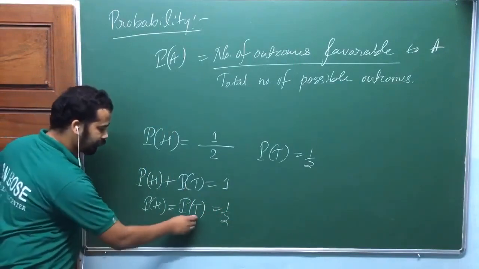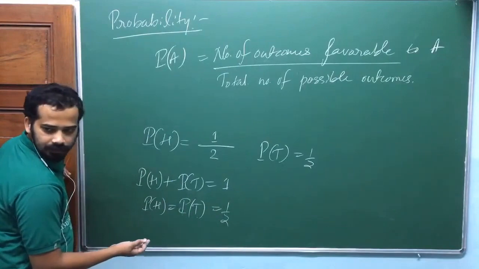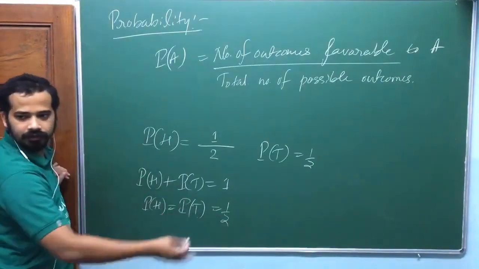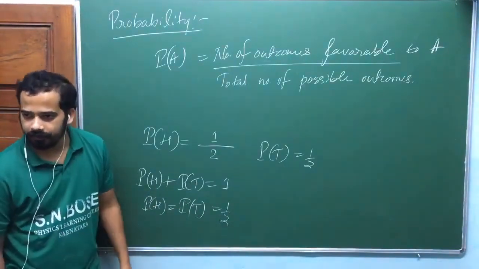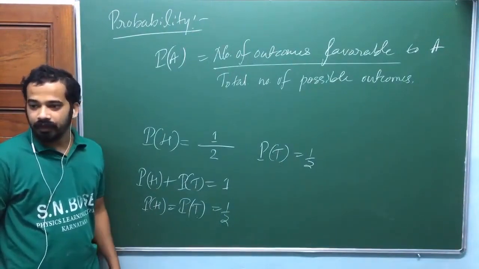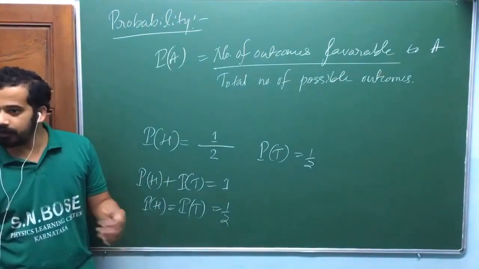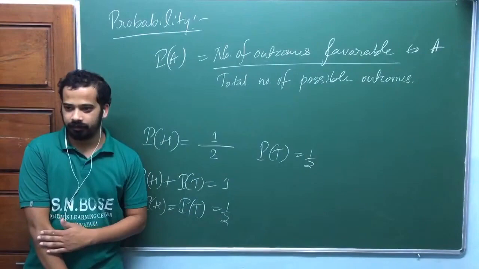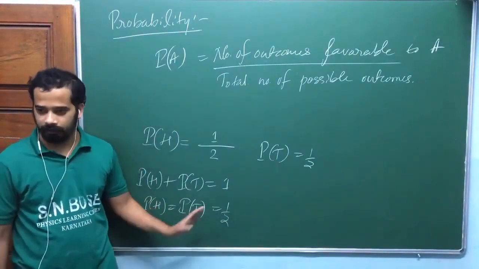This definition means they are equally probable. They have equal priority of occurrence. None of them are favored, either head or tail. This is in the natural experiment, not the experiment that I am designing. In the experiment that I am designing, I will make one of them favored over the other. In the ideal case, they will be equally favored, that is, none of them are favored.